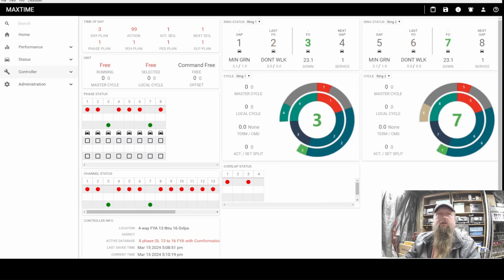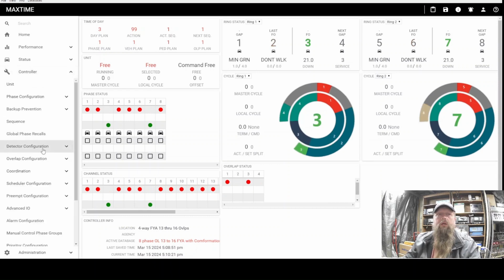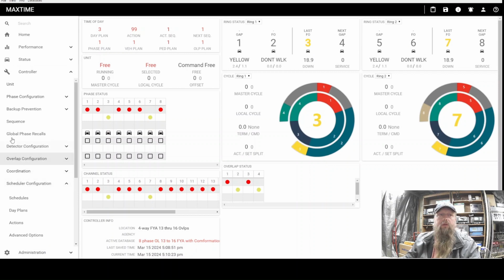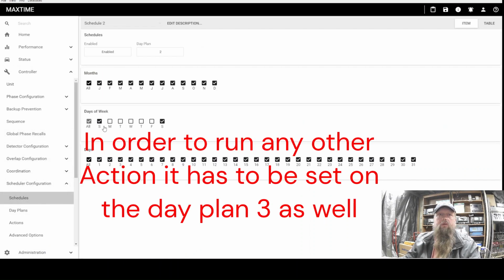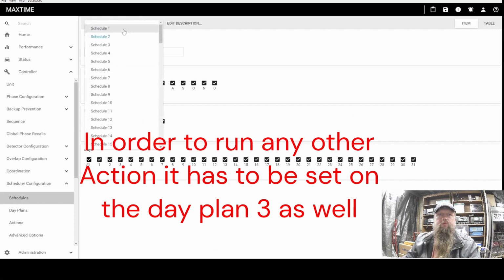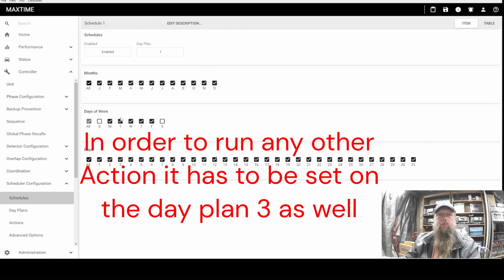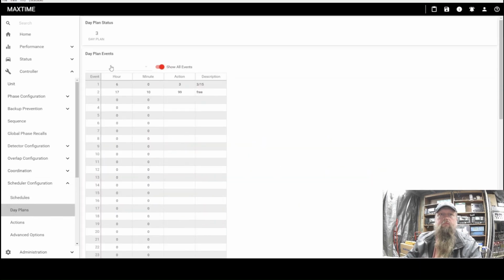And what I've done here is I went into my scheduler, because once you get your chord pattern done, you go into new schedules. I've set up a schedule 2 for the weekend and 1 here for Monday through Friday. The day plans are your times. So day plan 1 at 17:20, so 10 minutes from now it should go right into what I call midday,